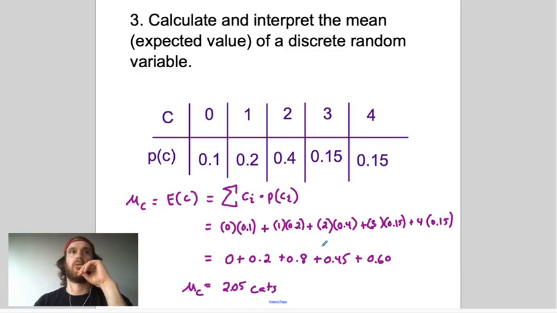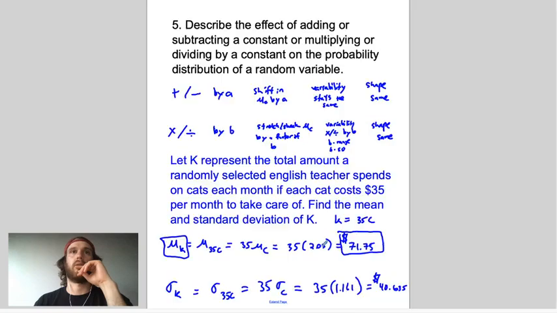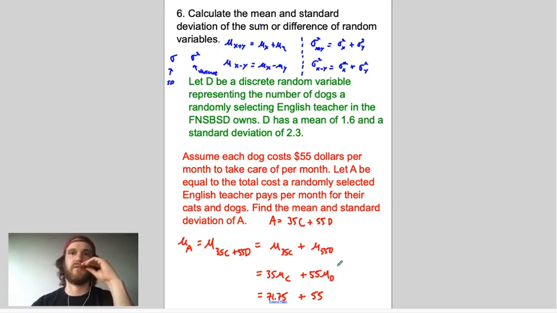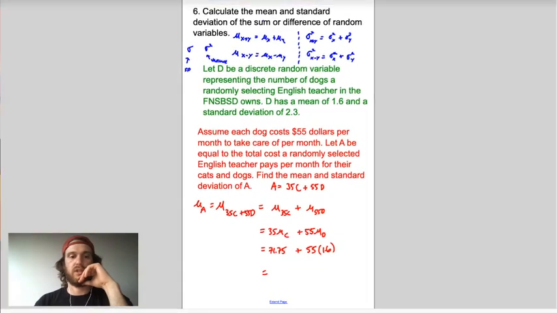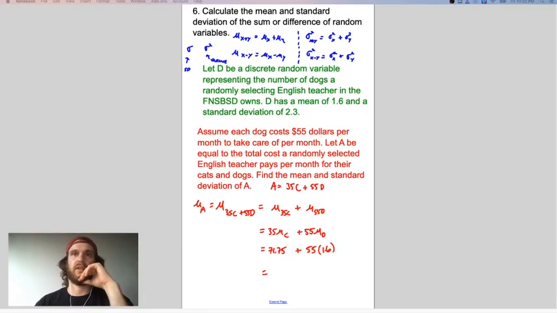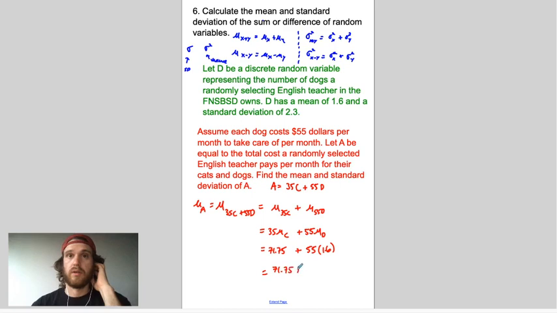Okay, 71.75, there it is. Plus 55 times the average number of dogs. The average number of dogs is 1.6. So as we continue down, let's keep on cruising. We add those together. Double check my notes here. Make sure I got the right number. Yeah, looks good. All right, so 71.75 plus 88, which will give us a final expected value for this linear combination of random variables of